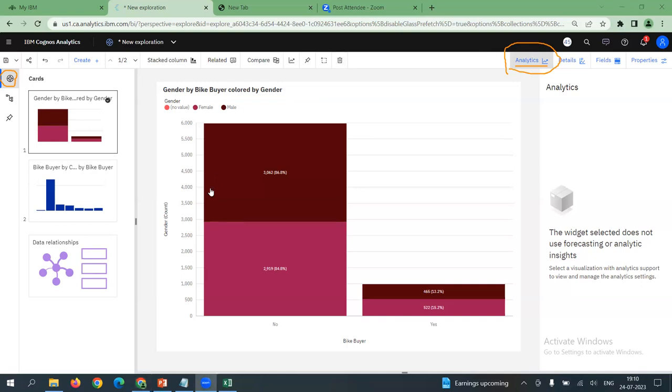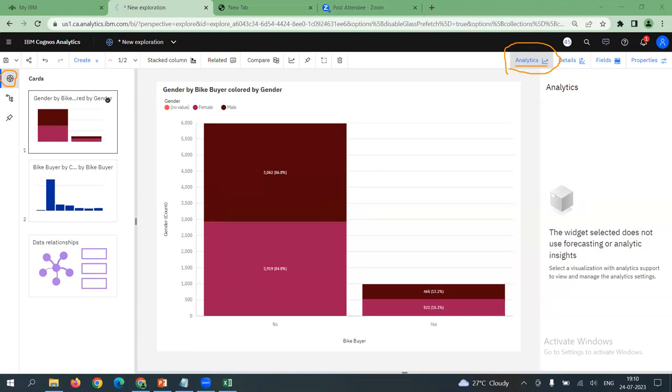Next, we proceed to the next visualization in quick time. I would like to offer the opportunity for our participants to show me a pattern between number of cars and bike buyer. Do you think the variable number of cars might have an influencing decision on bike buying nature? What do you say hypothetically, participants? If somebody already has a car with them, what is the chance of such a respondent buying a bike?